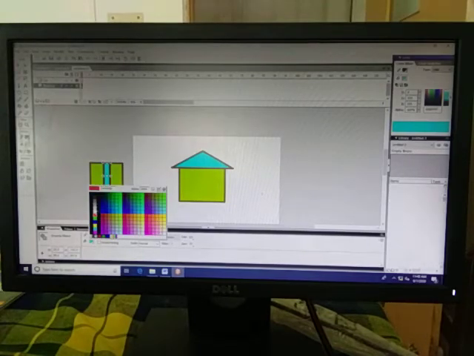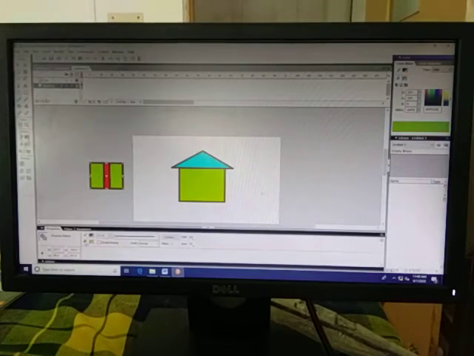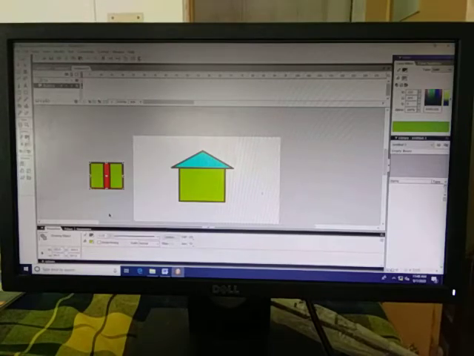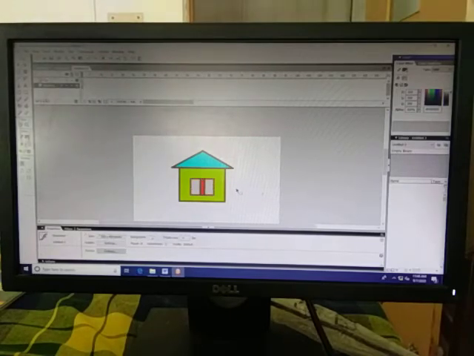You can fill it with red, and this one can be filled with whatever color you require. Fill inside with this red color. Control Z. This one is okay. Now select it and make it shorter. So this way you can make the building.